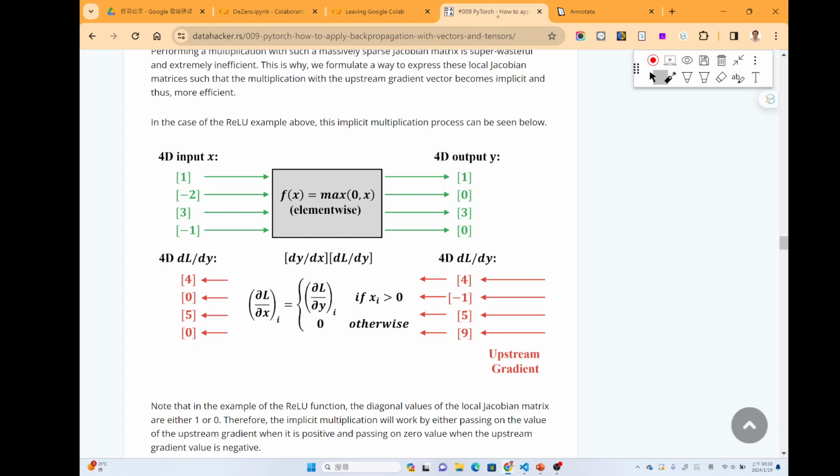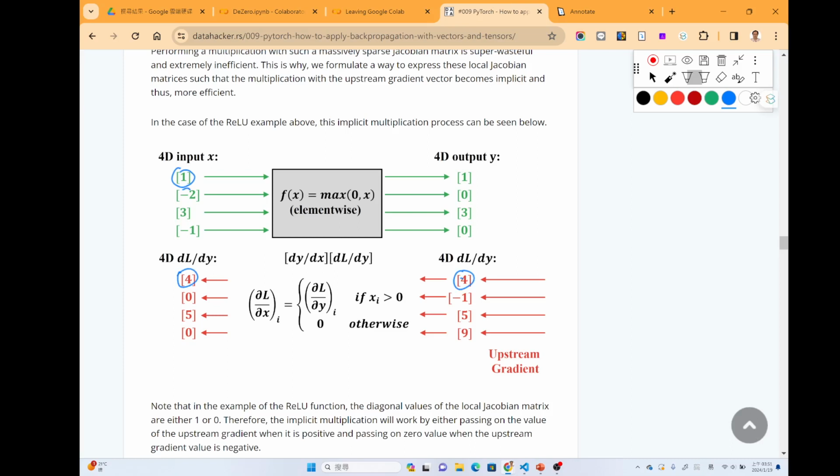By using this formula, we can follow the gradient in this way. For x1, which is positive, we just send the value to here directly.